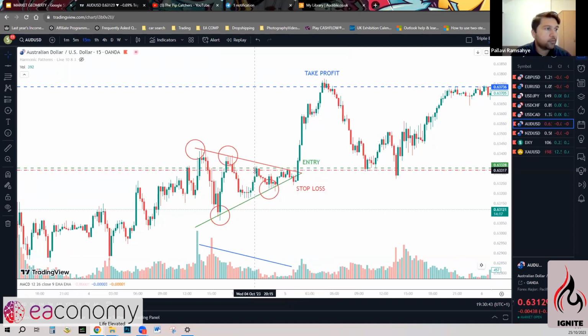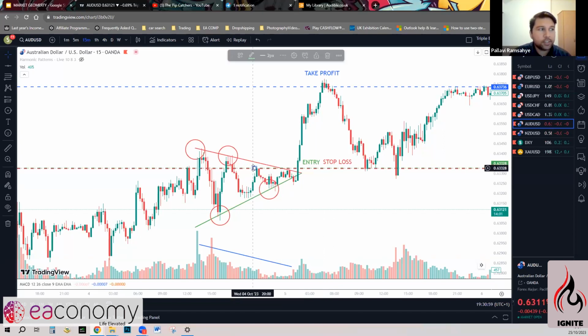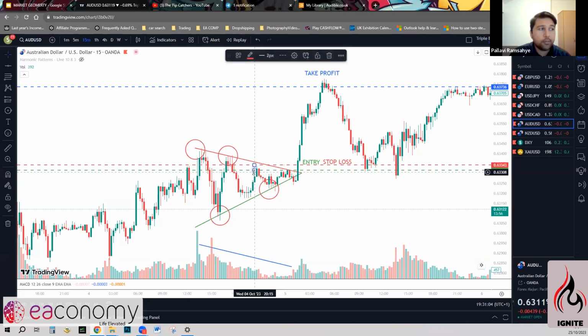Perfect. So at that point, we move our stop loss to entry. That way, we're negating any sort of loss, right? What I usually do is move it 1 pip above entry, or a couple of pips above entry. The reason being is it takes into account the commission as well. So then if the price does come back, like for example here,